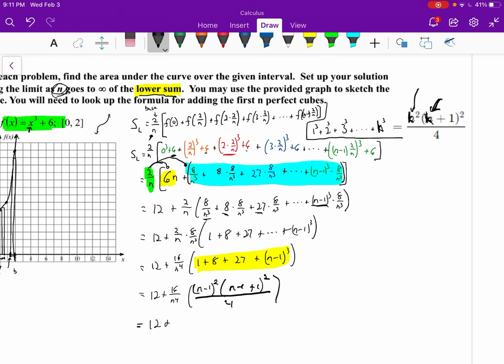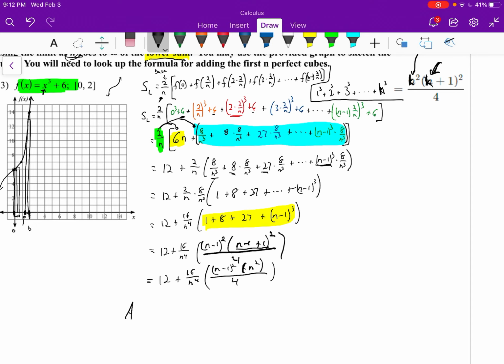So we have 12 plus 16 over n to the 4th times this sum. This is n minus 1 squared times, really this is just n squared, all over 4, so times n squared. Now what we want to do is we want to let our number of rectangles approach infinity, so our area is going to be the limit as n approaches infinity of 12 plus 16 over n to the 4th times